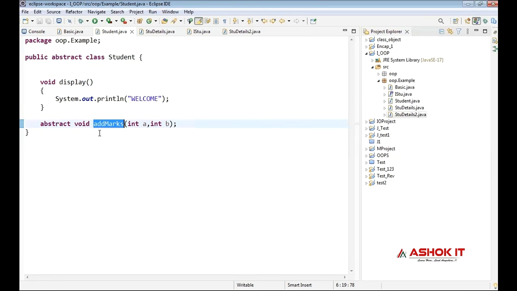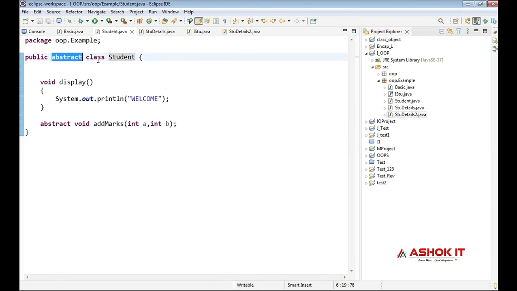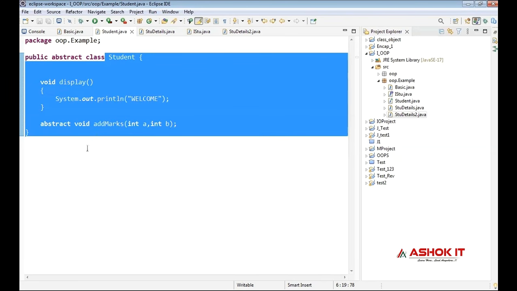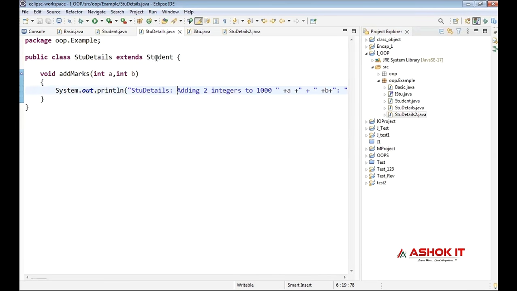So we should declare the abstract method as abstract, and also the class which contains at least one abstract method. The class that contains at least one abstract method must be declared as abstract and it cannot be instantiated. That means we cannot create an object for Student,